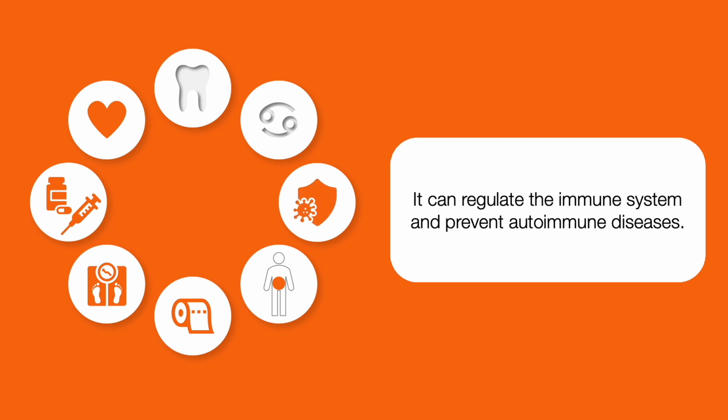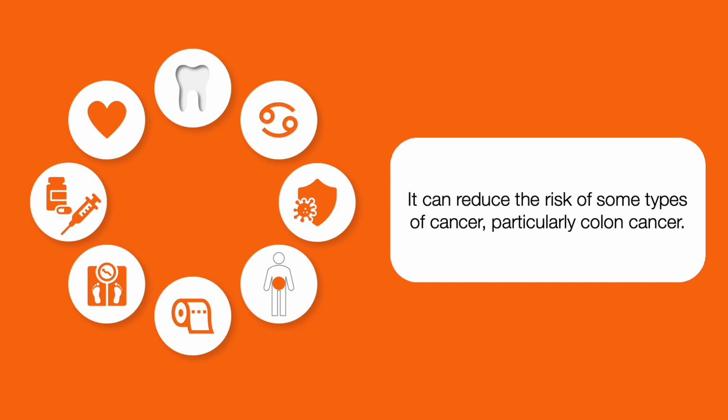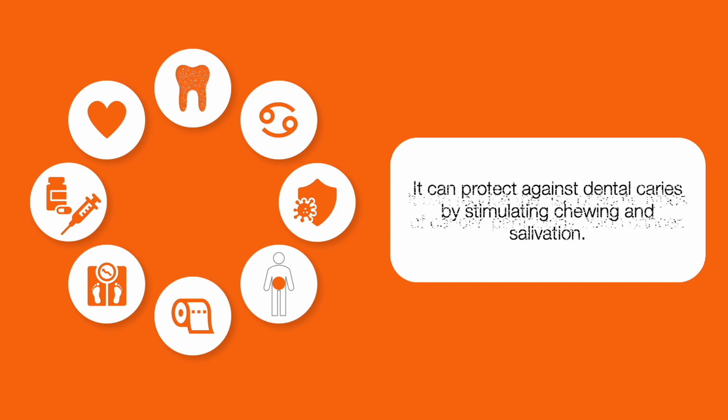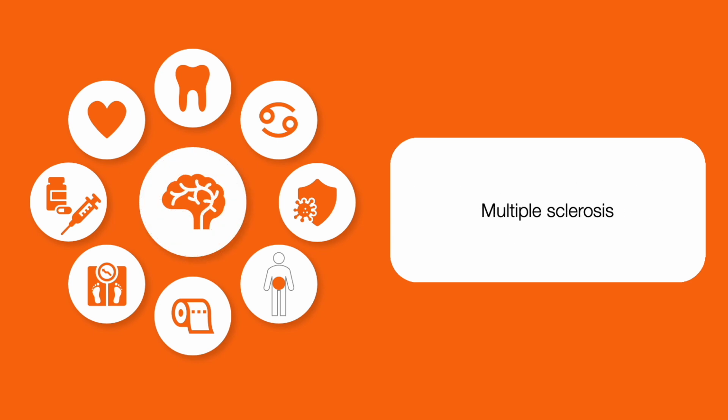It can regulate the immune system and prevent autoimmune diseases. It may reduce the risk of some types of cancer, and it may protect against tooth decay by stimulating chewing and salivation. Finally, dietary fiber may also be beneficial for people affected by multiple sclerosis, since it helps to correct